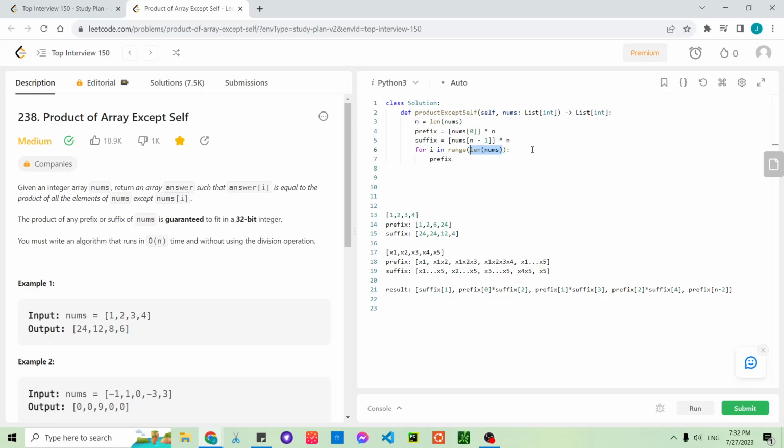Okay, now let's do this. Prefix i, so that starts from 1. So all of the elements right now should be the same as the first element in nums in prefix. So prefix i,